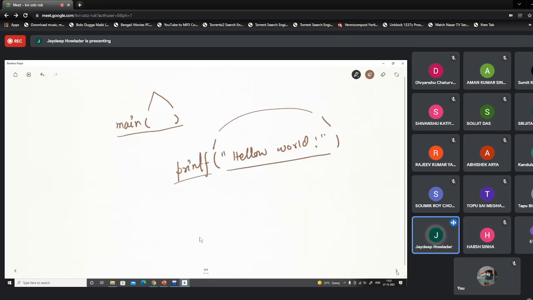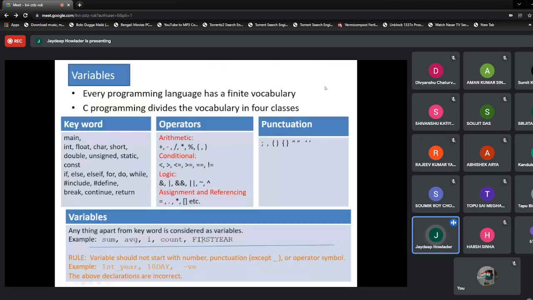Then there are double quotes, which are also used as punctuation, and semicolons are used for punctuation. So there is another set of symbols which are used for punctuation. These things are reserved to indicate to the C compiler something which has a special meaning.